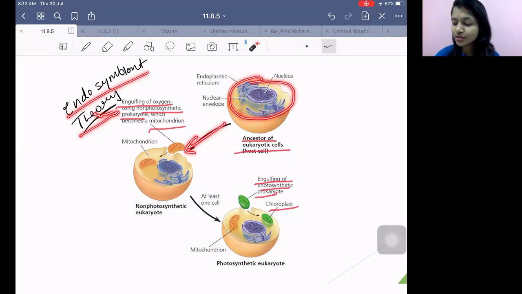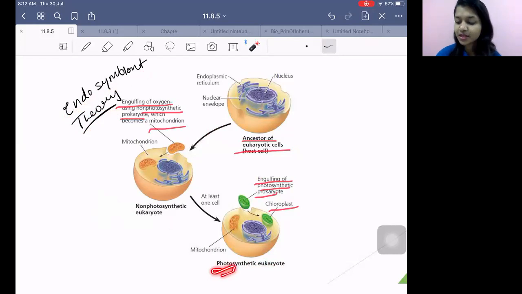So they divided it into two types of cells: the eukaryote which cannot do photosynthesis, and the eukaryote which can do photosynthesis. The one which was not doing photosynthesis took a prokaryote which was non-photosynthetic in nature. It came inside, started to give us ATP, we felt very good, got the benefit. So let that be our body organ. So it became mitochondria.